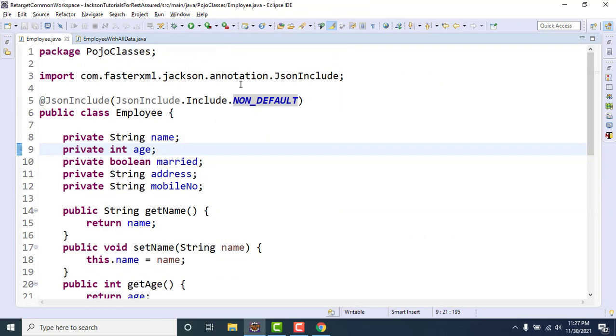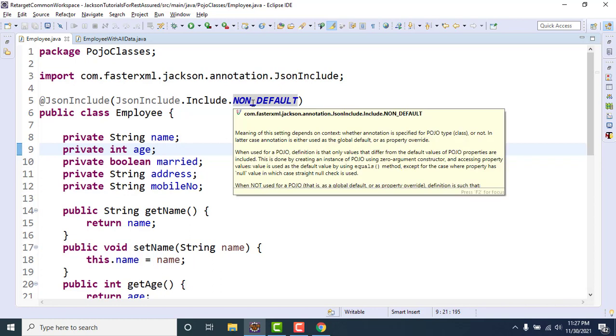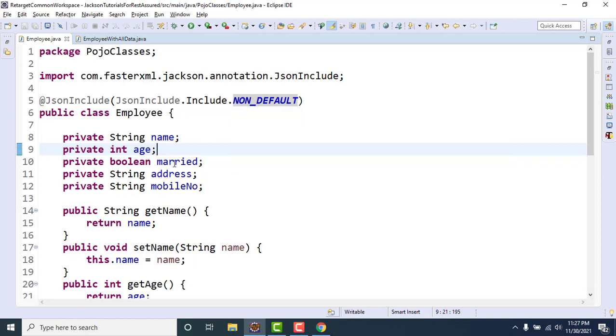There are many other values also, but for now we are learning NON_DEFAULT. If any field has a non-default value, then only include it in the JSON. This is for when we are converting a POJO object to JSON, and believe me, this is a really important annotation for dealing with this type of scenario.